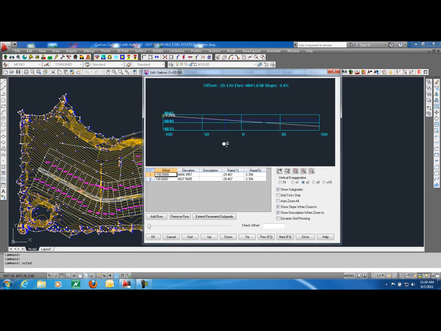So now when I review this, you'll notice that I have 2 shots in each section file. All of the other intervening shots have been removed because it could be done without impacting that line by more than half a foot. So now that we have our section file completed,